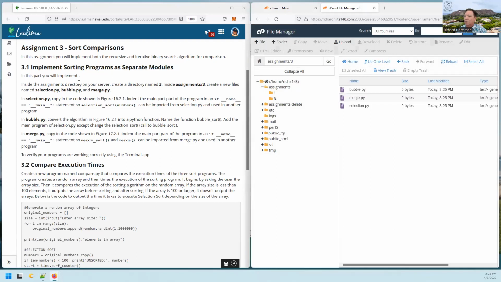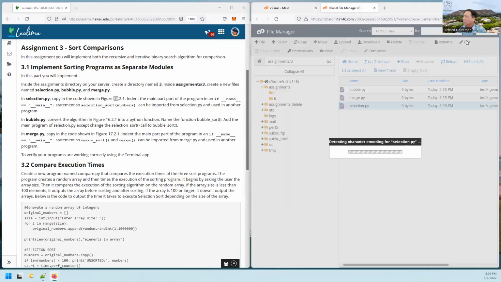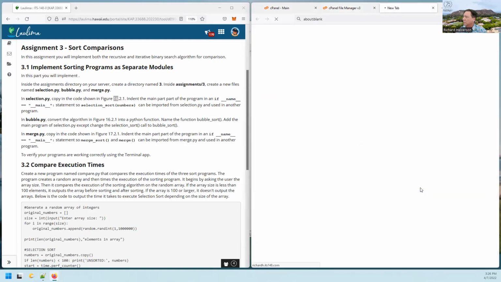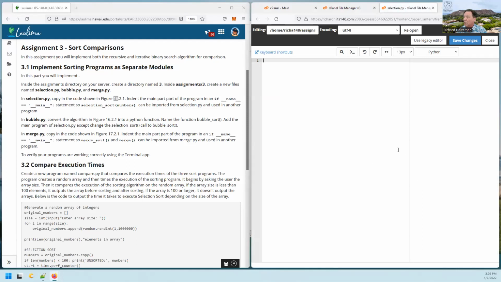And then I'm supposed to, in selection.py, copy the code shown in figure 16.2.1. So let's open up selection. And let's find